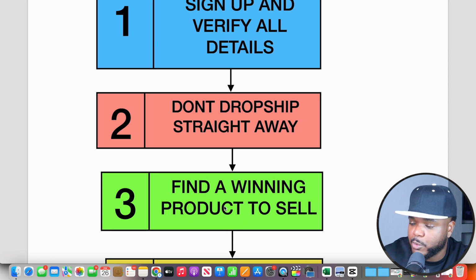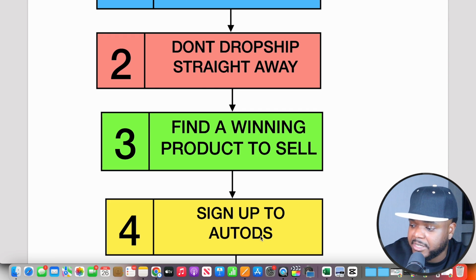But once you've found whatever winning product that you want to sell, this now brings me on to the next step, which is signing up to AutoDS. And AutoDS, for those of you out there that's never heard of it before, is a very useful tool that's going to be able to help you when it comes to doing this. There's so many different features, but I would say that the main feature is the fact that you can set up auto fulfillment. You can also automatically list products from Amazon,